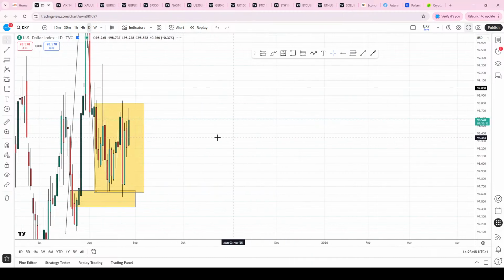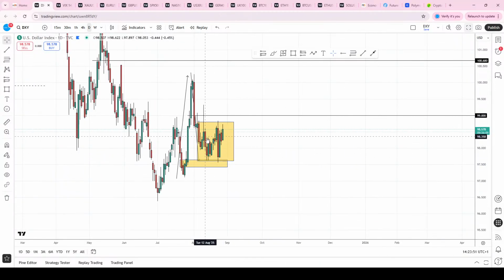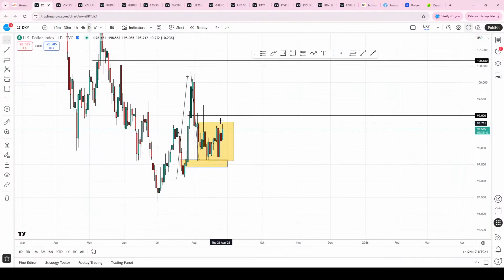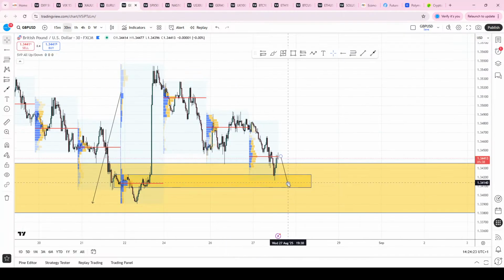The DXY, as we know, has been very consolidated. The invalidator for me is the DXY breaking above the yellow area and progressing higher. If that happens, you'd expect this value area to reject, at which point markets would ideally retest this area of contention visited last Friday, and that initial buying impetus move on cable becomes invalidated until the DXY proves to have failed at said region. So there's a little bit of cause and effect. There's clear structure, clear logic, a definitive approach, which I think is extremely important, but there are also key invalidators.